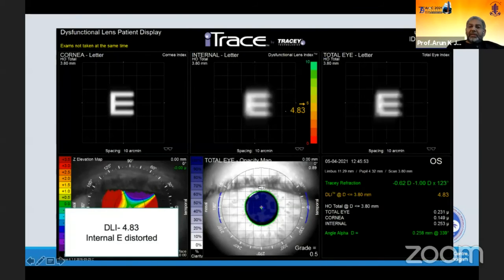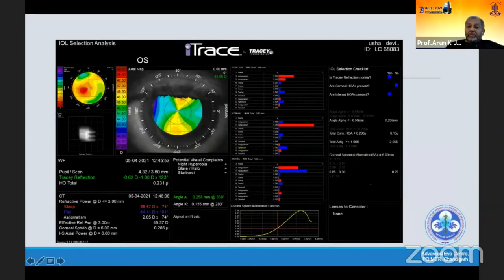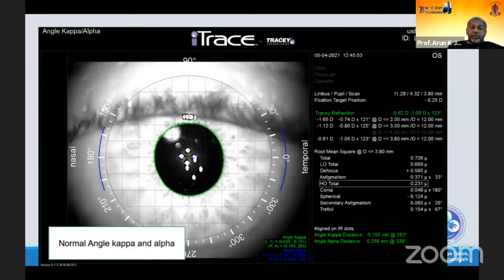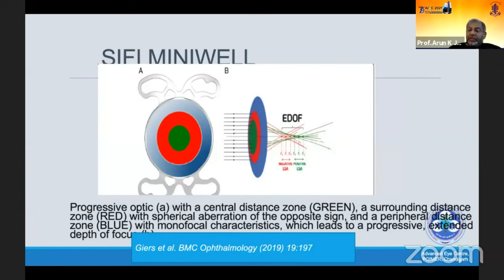But last two slides, and this is my own patient. She has a very borderline DLI, and the tracer reflection is reliable. She has minimal angle alpha, but she was very miserable. She's a sister by profession, working in PGI, so she wanted to get her cataract out. She had this corneal spherical aberration of 0.29, and we could choose any lens. There's no contraindication for doing multifocal. Angle alpha is good, as well as kappa is good, and we put in a